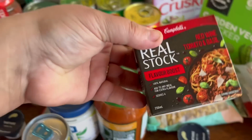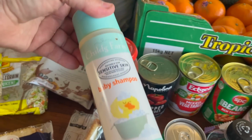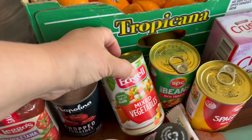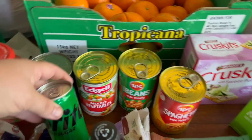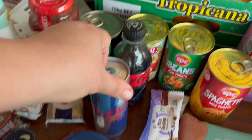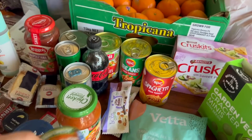There's one of the Flavor Boost red wine tomato basil stocks, which was really nice in the bolognese, some baby shampoo, a Napolitana sauce, some tinned tomatoes, tinned mixed vegetables, tinned baked beans, and tinned spaghetti. There's a couple of soft drinks here: a Sprite zero sugar, a Coke zero sugar, and a Red Bull. And then there is the vegan mayo and a butter chicken, tin of